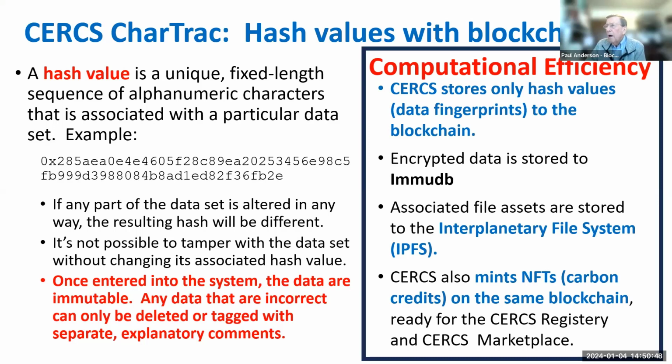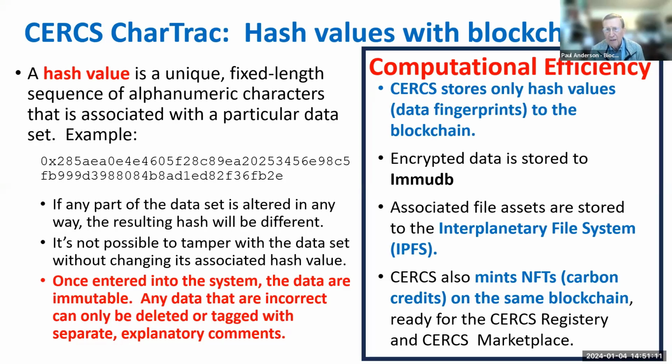Once entered into the system, data are immutable. Any data that are incorrect can only be deleted or tagged with separate explanatory comments, which also have hashes on them. Now, about computational efficiency,